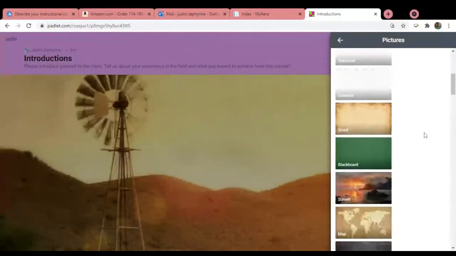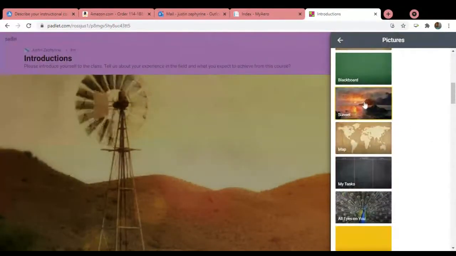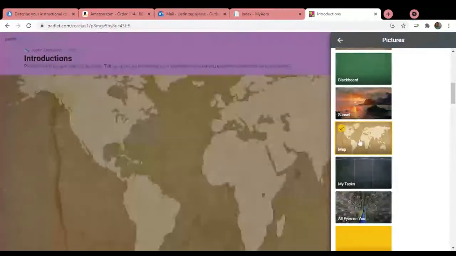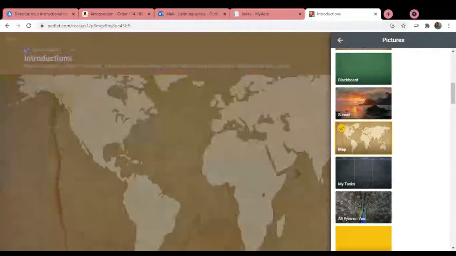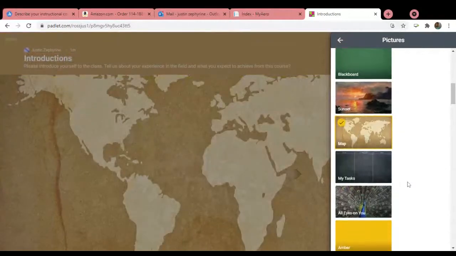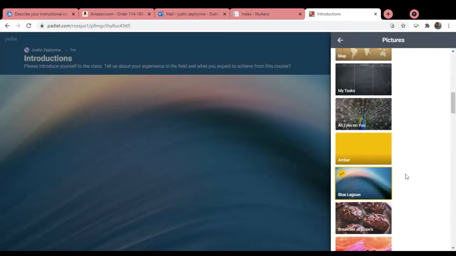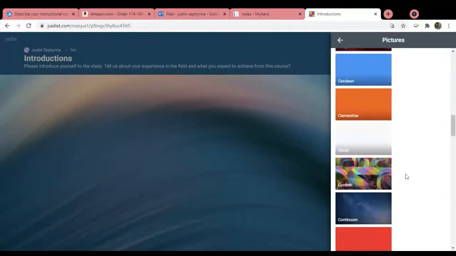And there are quite a few of these. If it's something that has to deal with, let's say, leadership in developing countries versus more developed countries, you might want to use the world map. If it's a world situation you might be exploring in your class, you have different things.